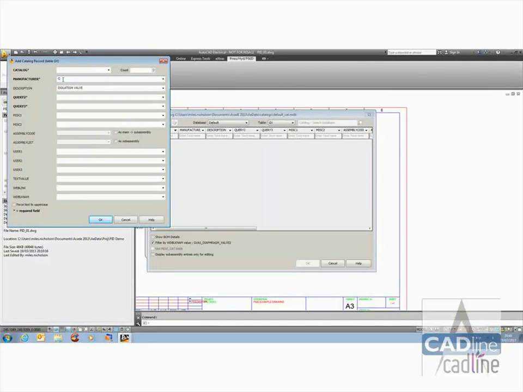Let's say the manufacturer is CAD line and the part number is XYZ123. And this may be a detail about the product, so this might be the actual maximum operating pressure, the features, it might be a single piece. Well, in actual fact we'll enter some relevant information such as the manufacturer's Spirax, and the part number is